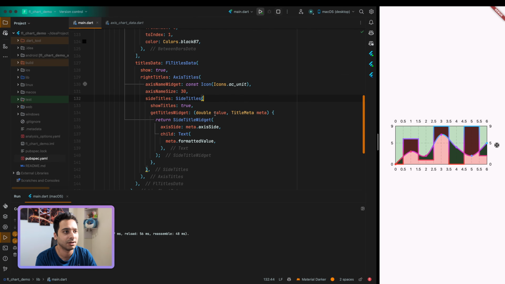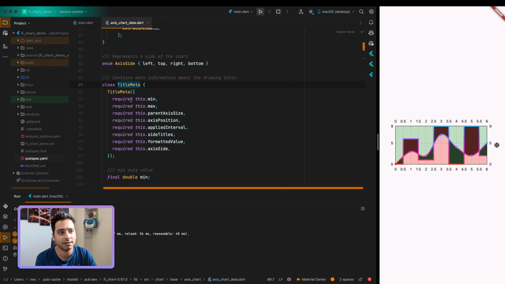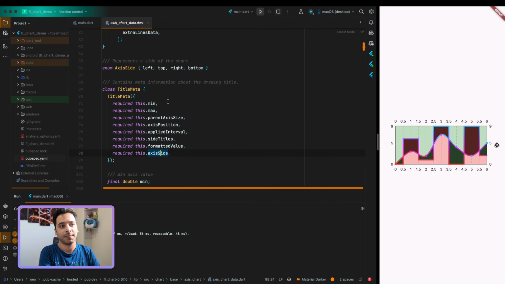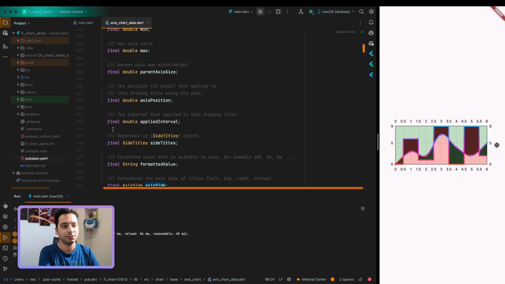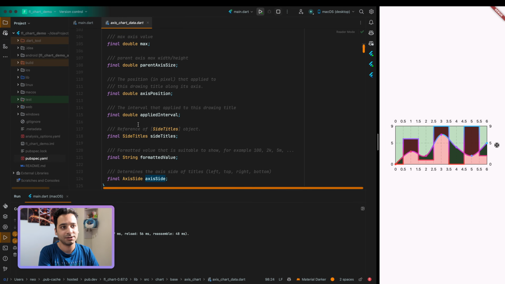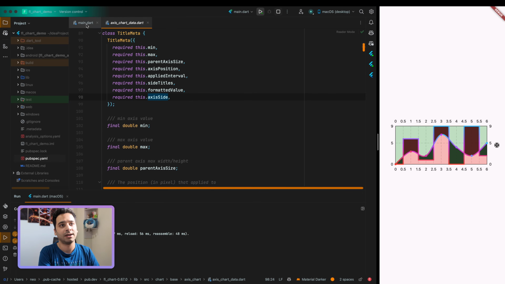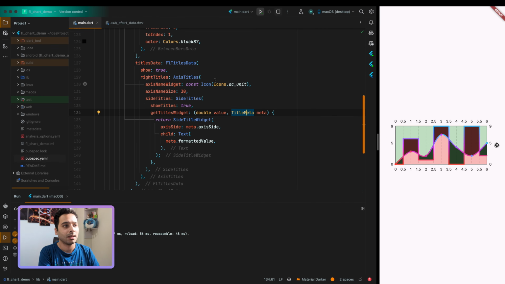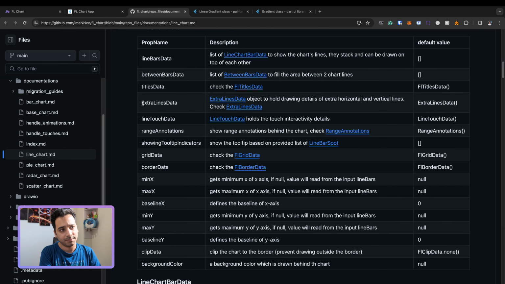You can define your customized titles, and in the title meta, you can have access to some metadata that we have. For example, what is the min value for the axis, what is the max value, and also other things. So you can read the documentation. I'm not going to deep dive into these properties because you can learn them. These are simple. And the other property is